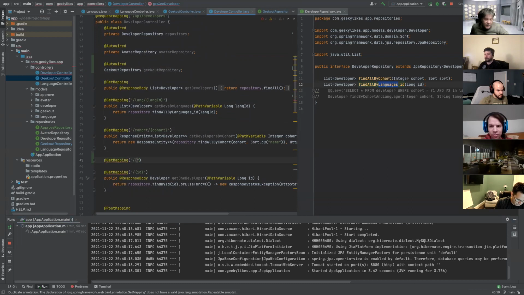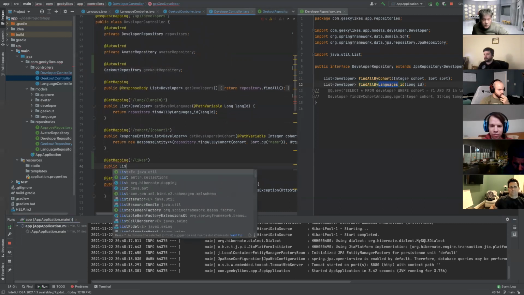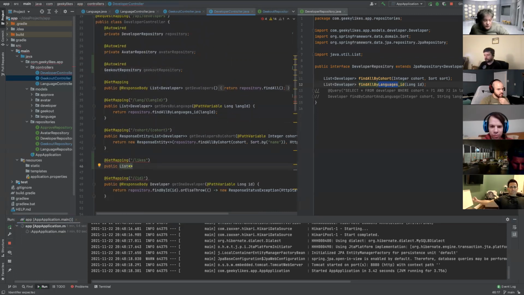Mapping, I'll call this likes, all likes, public. And this again is always going to return a list. Even if it's empty, it's going to return a list. It's going to return a set, I think, but it's fine. We did list. So list of Geek Outs. Get